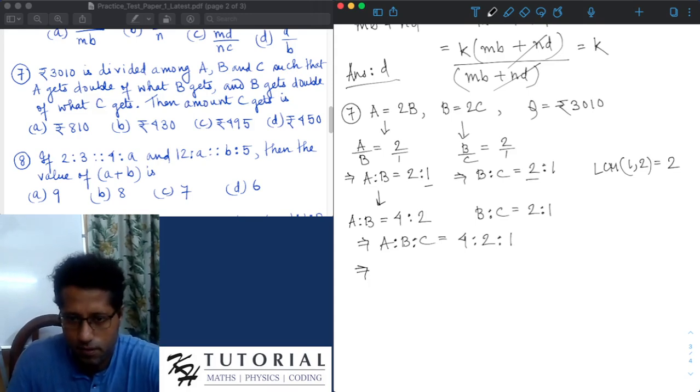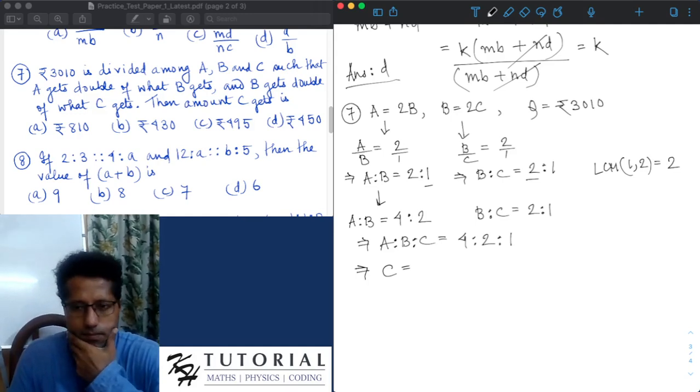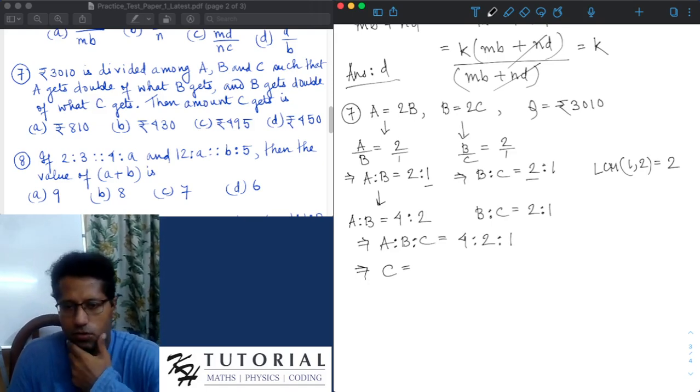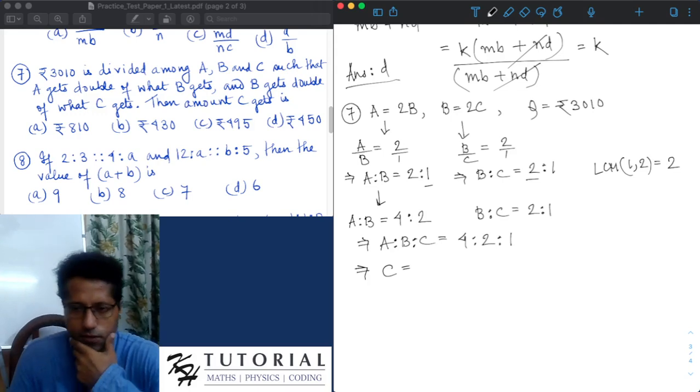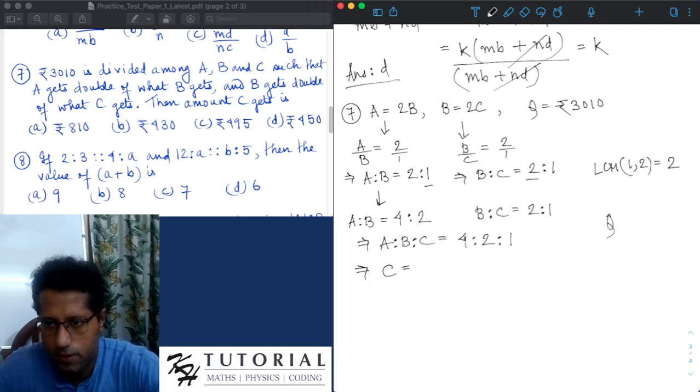So from this ratio, as I've already discussed in the theory, in the ratio part 1, if you have a ratio of three terms, and the total quantity Q is divided,